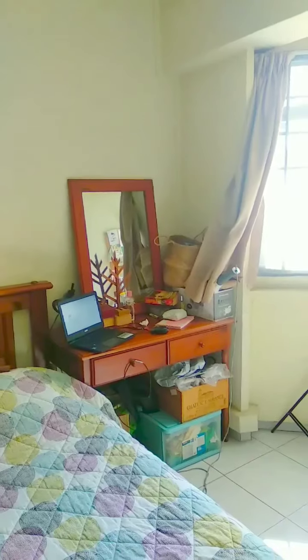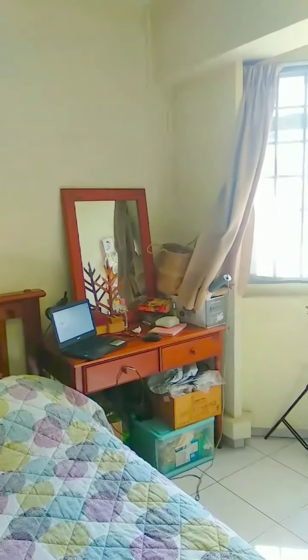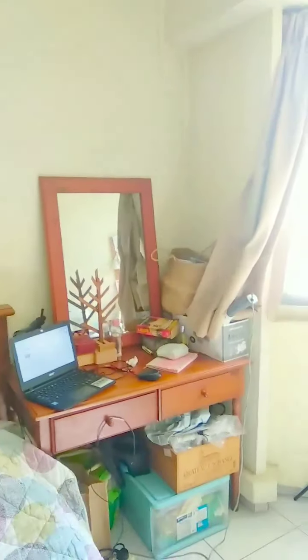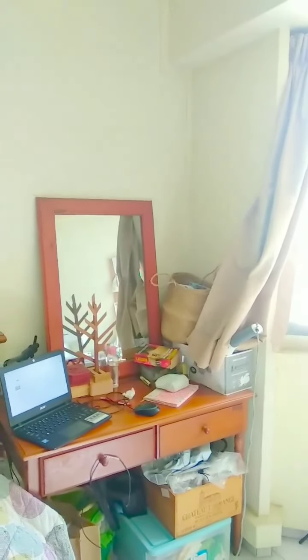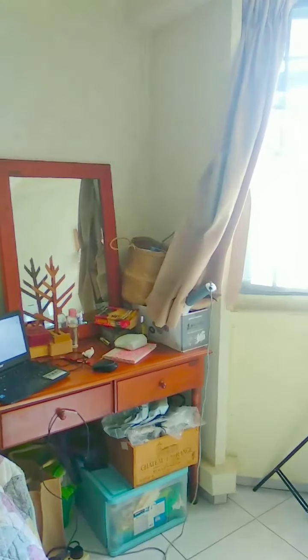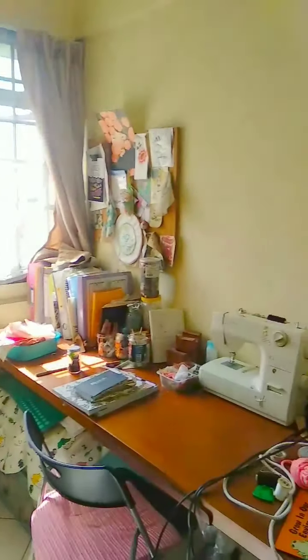My studio is in my home. As you can see, it actually is in my bedroom. I've sectioned off, okay, so that's the dresser. That's where I do some of my computer work. Underneath I've stored all my artwork, and then to this side,